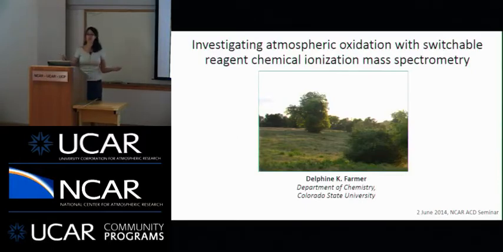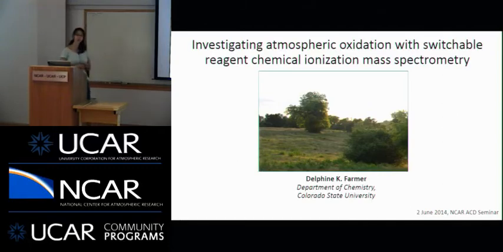Several of the people in the room were participating in the project, so you know all about it, so I'm not going to give you lots of details, other than to say that what this picture illustrates is the problem we have in atmospheric chemistry. We have very complex terrain with lots of plants, and those plants emit huge amounts of volatile organic compounds, which of course get oxidized in the atmosphere.